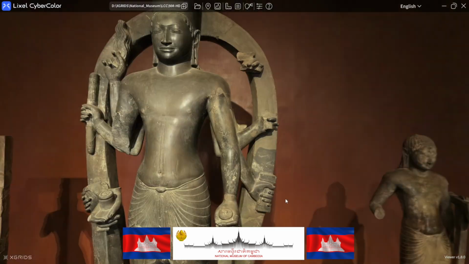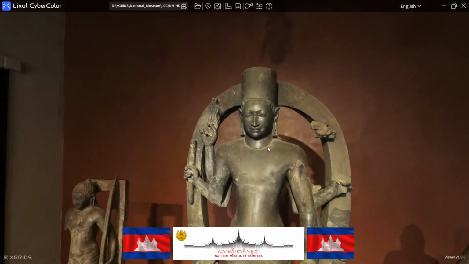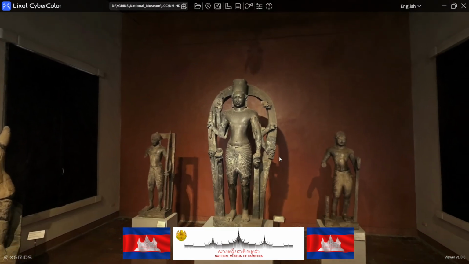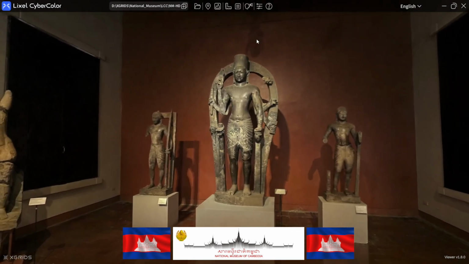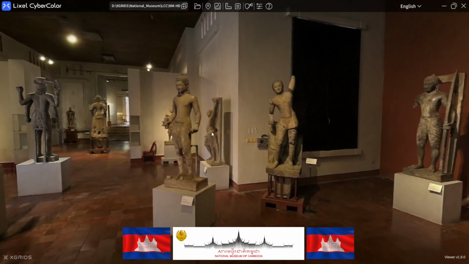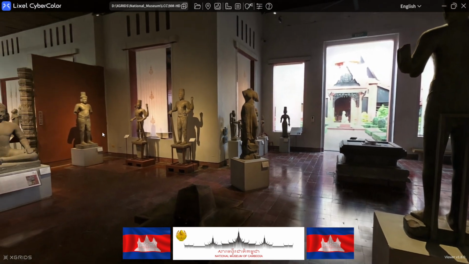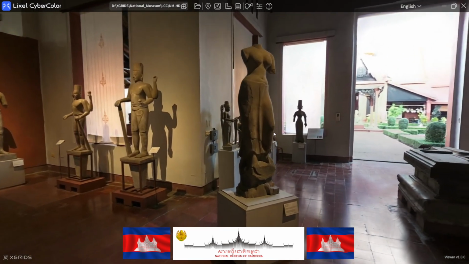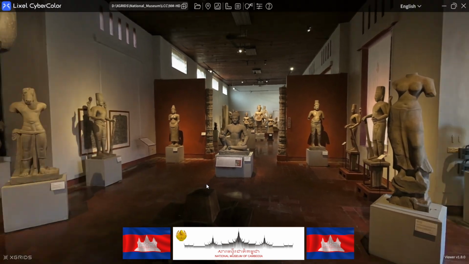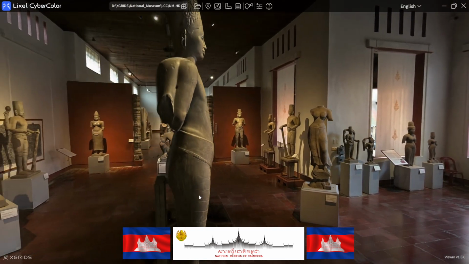So this is Vishnu, as you can see, beautiful, the quality is superb, it's gorgeous, but keep in mind also that we are inside a technical product as well, because we are within a few centimeters of accuracy. You can do measurement, you can displace the object, you can do anything you need inside this 3D model that is a beautiful 3D Gaussian splatting result of the National Museum of Cambodia pre-Angkorian gallery. As you can see,